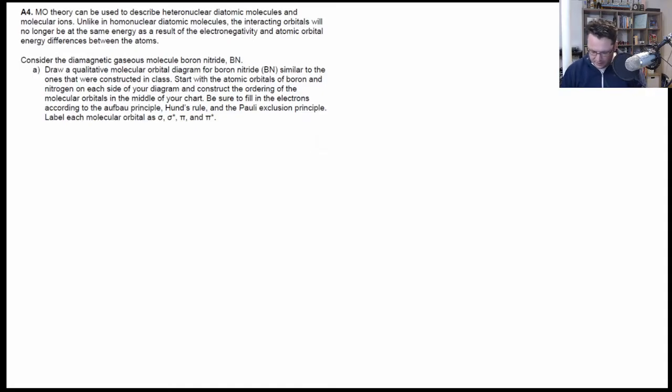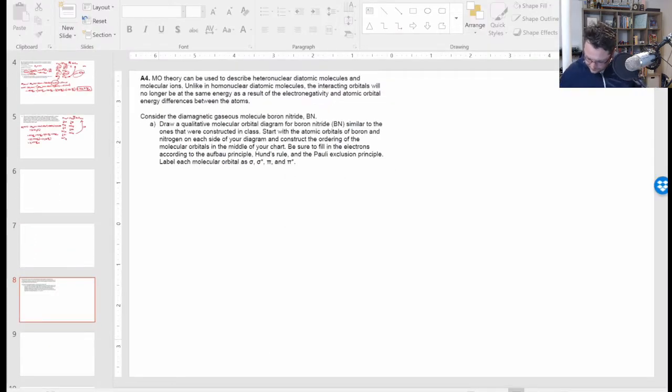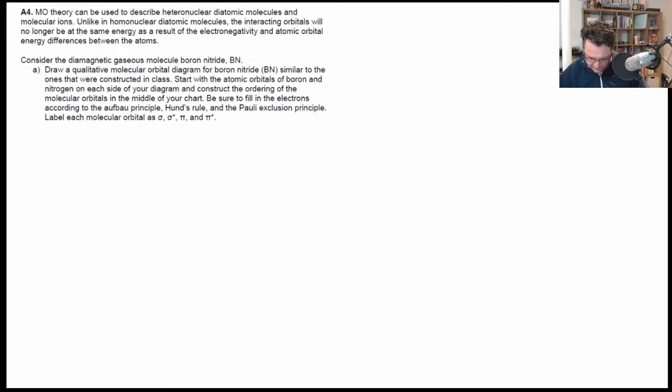In the case of boron and nitrogen, boron is to the left of nitrogen in the periodic table, so we would expect the s and the p orbitals to be relatively higher compared to the nitrogen ones. The pen stopped working again, so